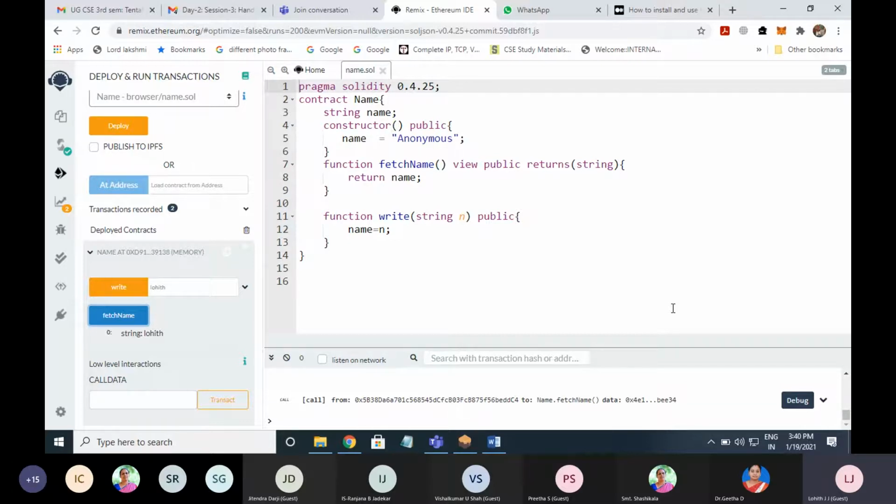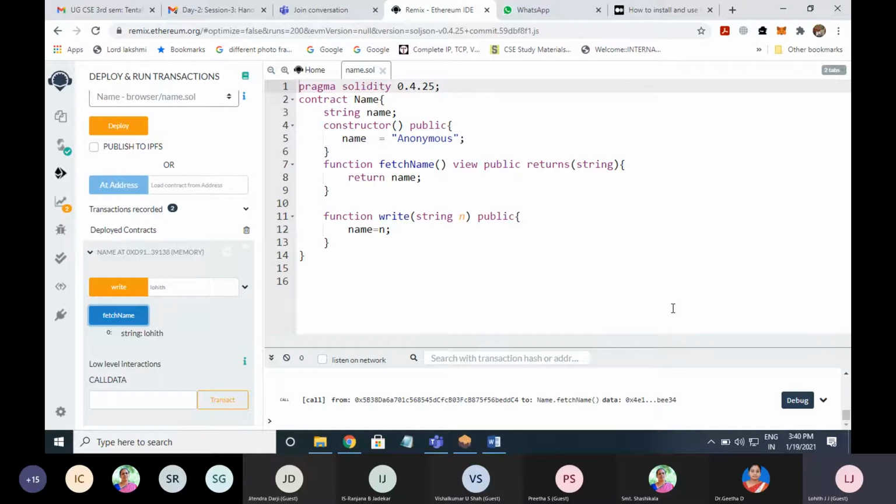So what are the various types of vulnerabilities? For example, integer overflow, integer underflow, call stack depth attack, then DoS attack. I think in yesterday's session my guide discussed the DoS attack, right? Re-entrancy attack, timestamp dependency attack, TOD, transaction ordering dependency.